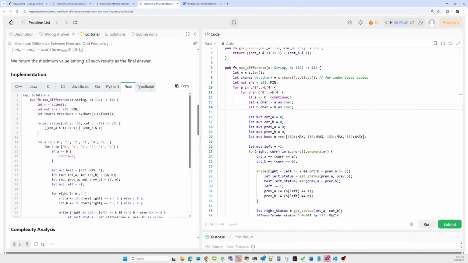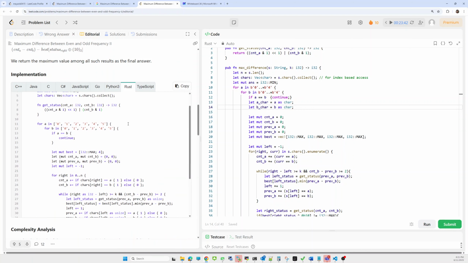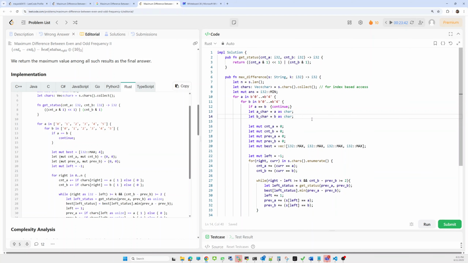ChatGPT will give a different solution, and here we'll get a more optimized one. ChatGPT gave me this iterative solution of for a in b0 b4. It will be a little complex for me to understand, so I tried to use this one. We'll use this iterative approach, where we give the default list, for a in this list, and iterate over the list.